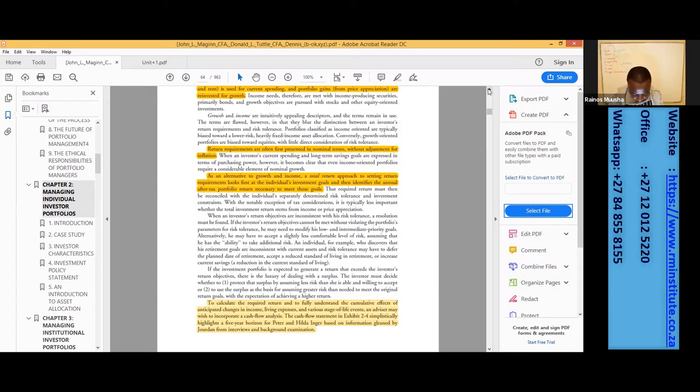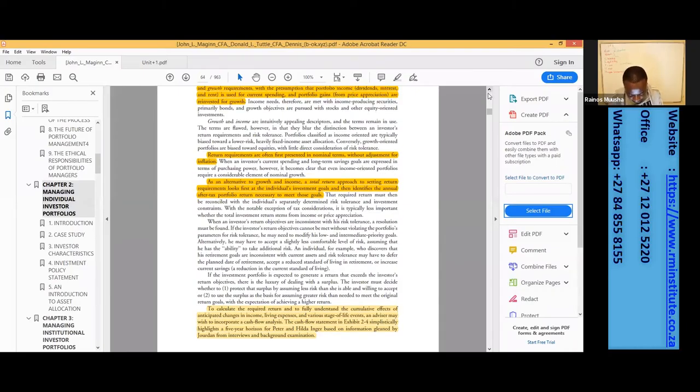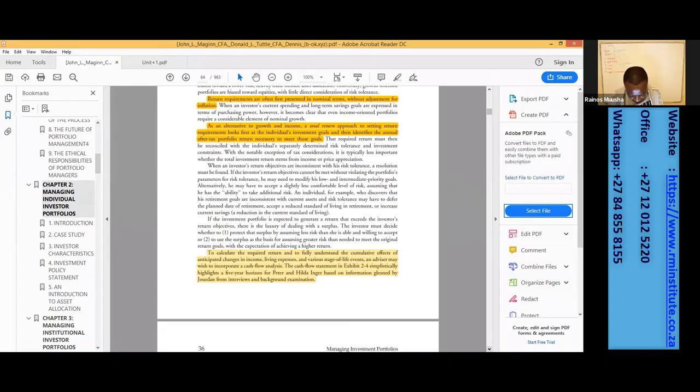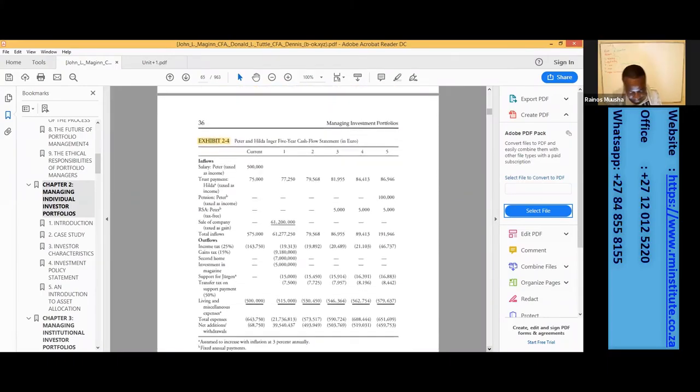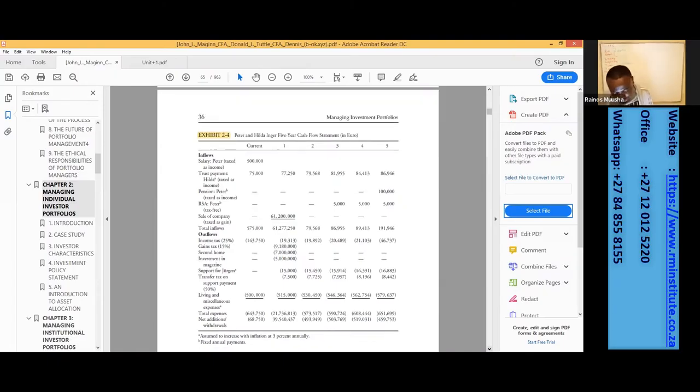So the cash flow statement in Exhibit 2.4 simplistically highlights a 5-year horizon for Peter and Hilda Inga based on information gleaned by Jordan from interviews and background examinations as well. So they give us Exhibit 2.4, which is basically trying to show us exactly how much